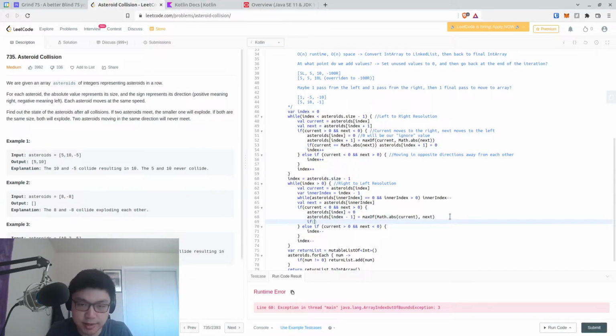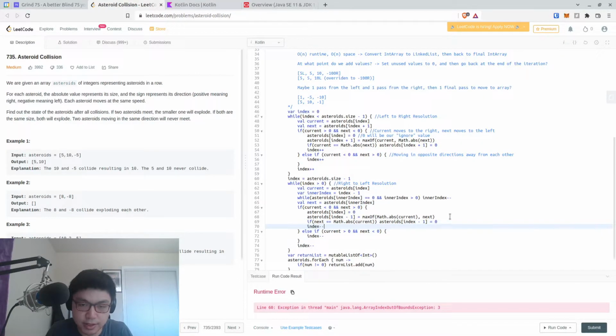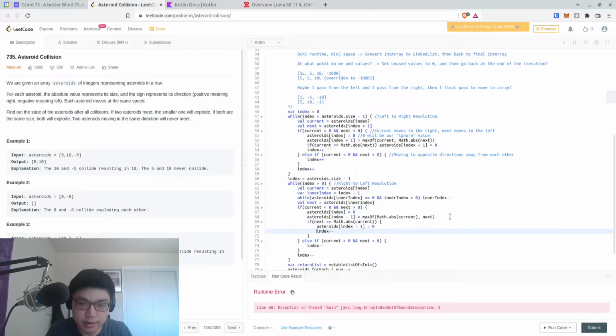And same thing here, so if next, well, we'll just do the next equals math absolute value of current, then asteroids at index -1 is 0, index minus minus, and actually we can put this in like this and do an else right here, and let's